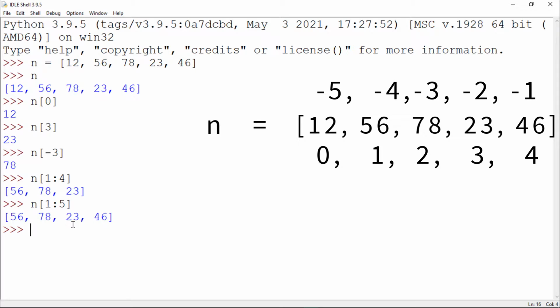Now let's try here. Now we got 56, 78, 23, 46. So be careful here that in the positive you can also get a negative. So let's talk about the positive anyways. I was saying that you should be careful: when you are typing any index value which you have to fetch, you have to go forward in the index value. Meaning if I want from 1 till 4, you have to type 1 colon 5. So that's how you can use it, okay?